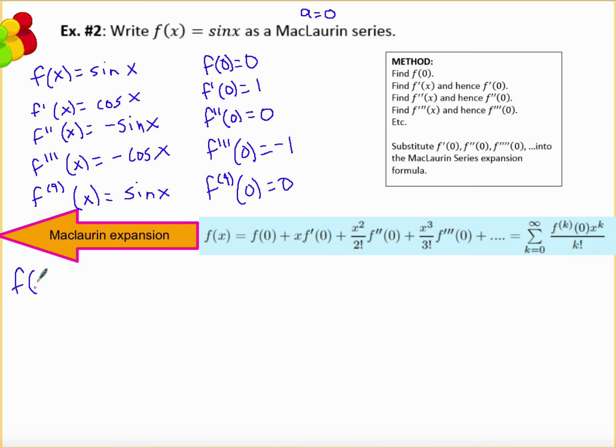So we've got f of x is equal to f of 0, which is 0, plus x times f prime of 0, which is 1, plus x squared divided by 2 factorial times the f double prime, that's 0, plus x cubed divided by 3 factorial times the third derivative, that's -1,